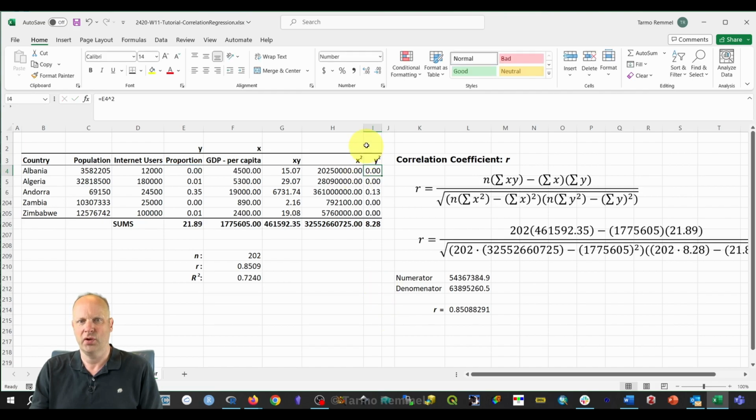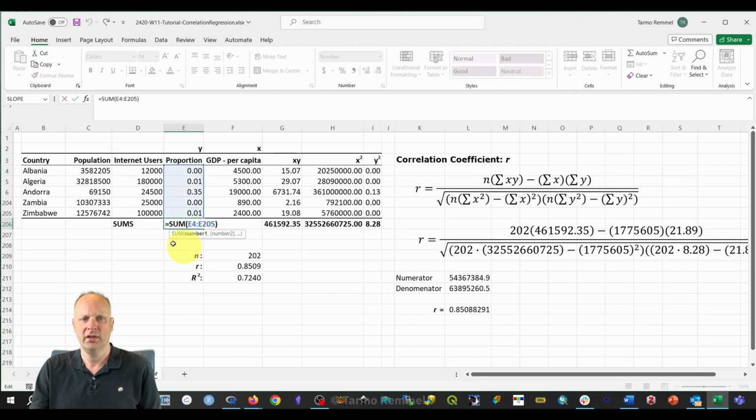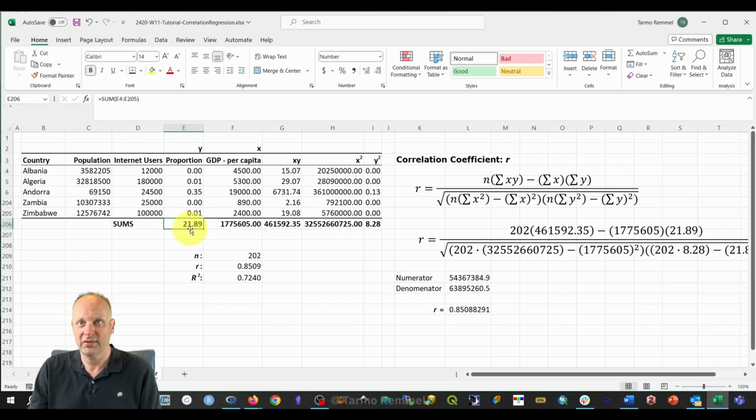So relatively straightforward. Then when we get down to the bottom here, we're taking the sum of all of the values within that column. So if I look at this one, it's the sum of E4 through E205. So it's going all the way down through the table and calculating the sum of those. And we do that for each of these columns. So that's great because these sums equate exactly with the requirements that we have in the equation for calculating the